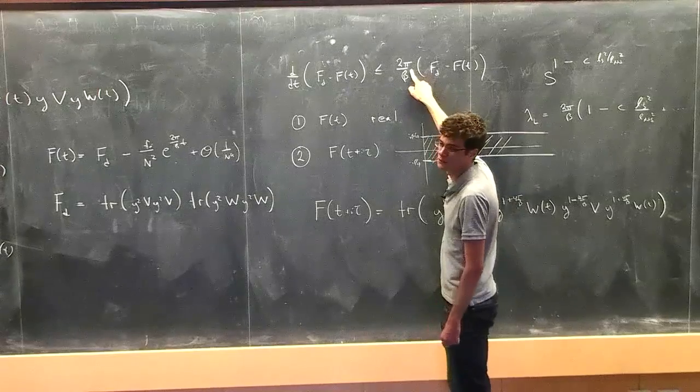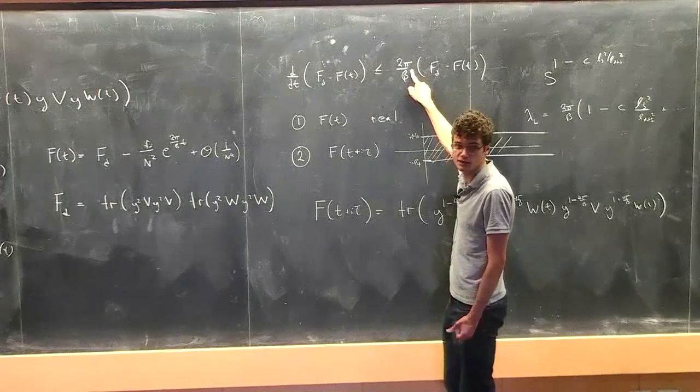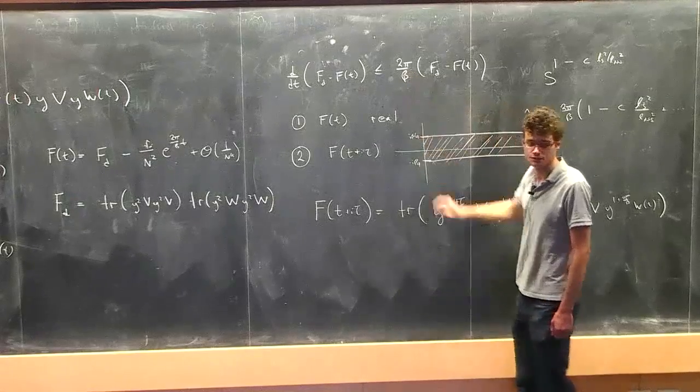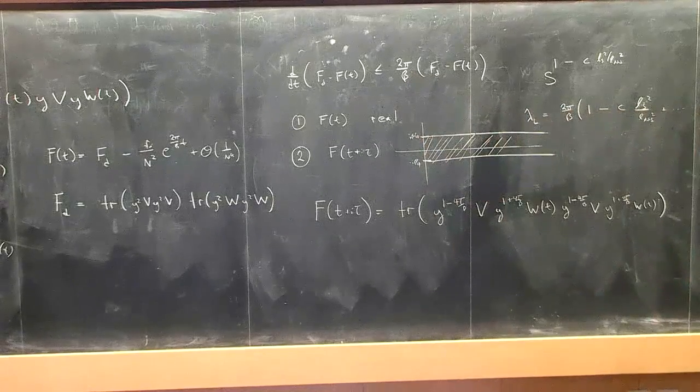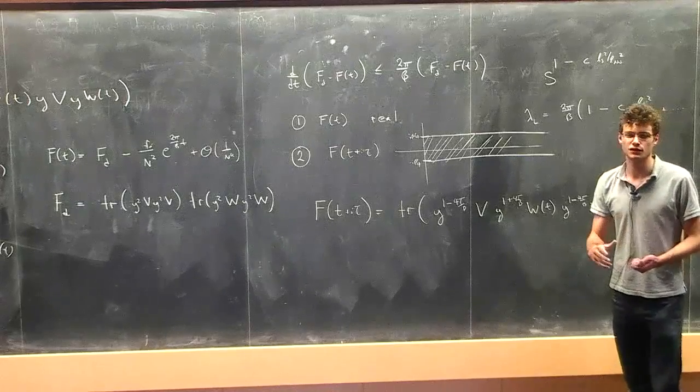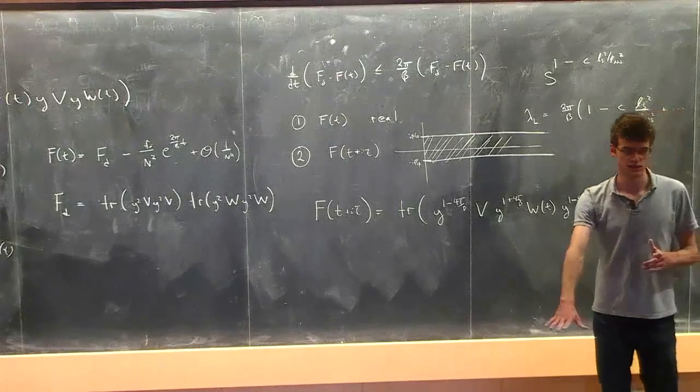More precisely, this statement follows up to a term which we have to correct by 2 pi over beta, which is exponentially decreasing in time and is unimportant after t is greater than beta, or twice beta. So really all we have to show is that this inequality is true everywhere in the strip. This Schwarz-Pick theorem follows from a bound on the derivative of a function that maps the unit disk into the unit disk.